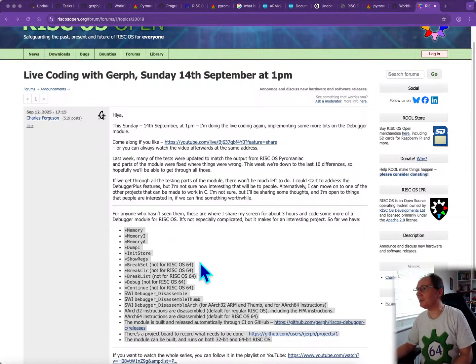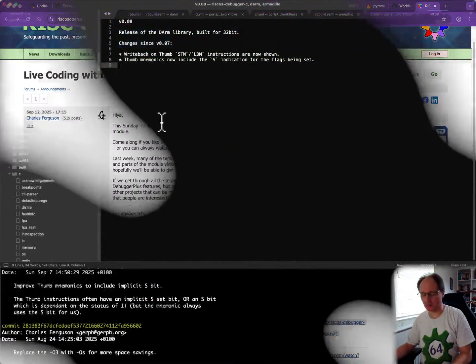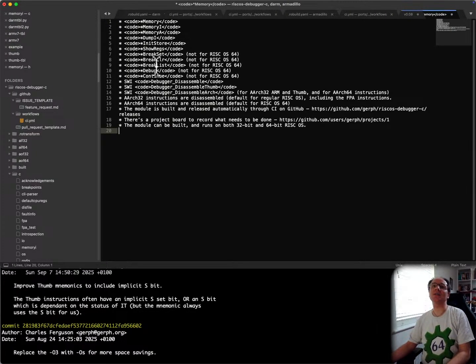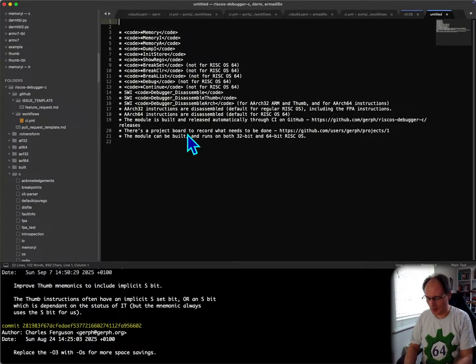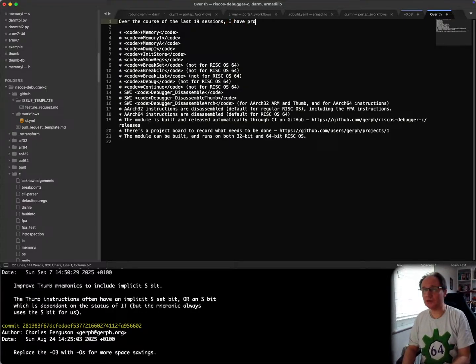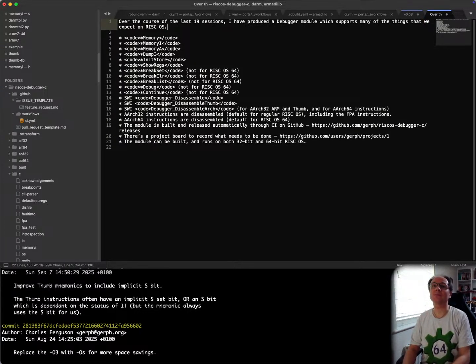So anyway, I've copied the edited version of that, so I can actually go over here. If we have a look here, over the course of the last 19 sessions, I have produced a debugger module which supports many of the things that we expect on RISC OS. We support